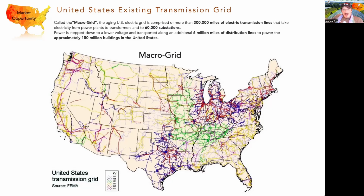power generation to transformers and up to 60,000 substations, where that power is then stepped down to lower voltage and transported along an additional 6 million miles of distribution lines to power the approximately 150 million buildings in the United States. So, this is the largest machine in the world and is also currently the most advanced electrical grid in